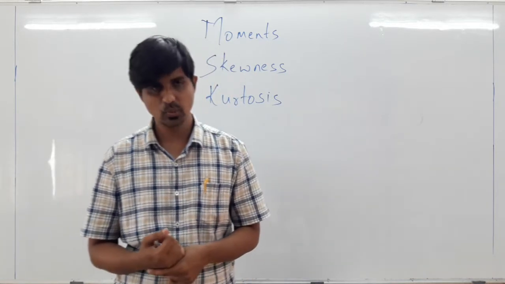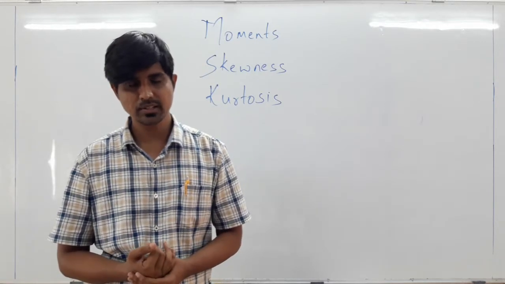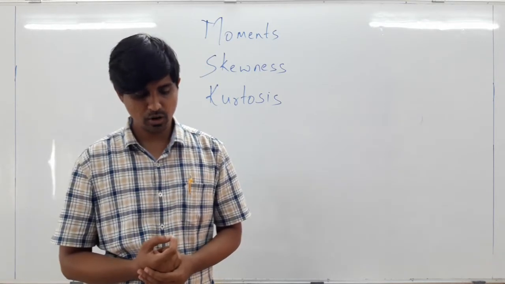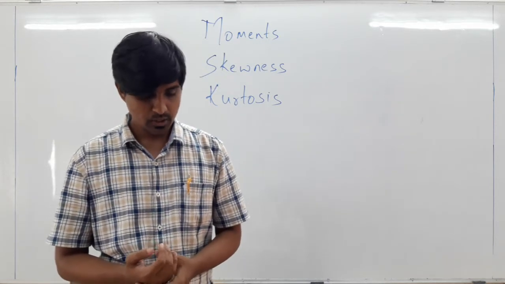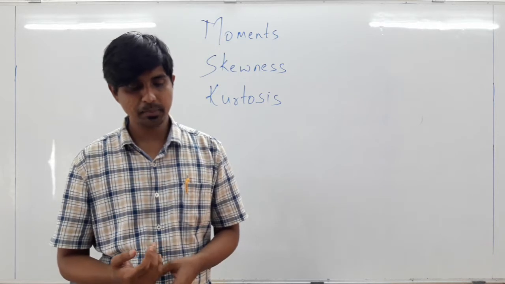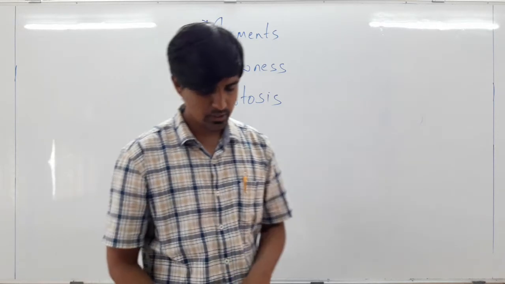There are two types: raw moments and central moments. What do you mean by raw moments? Moments about an arbitrary point A are known as raw moments